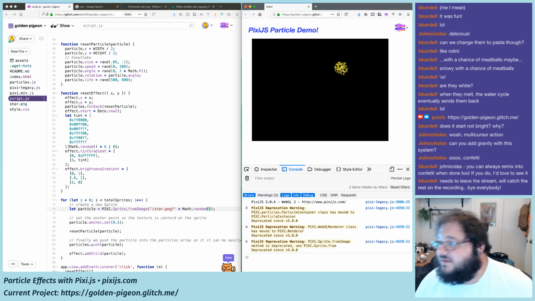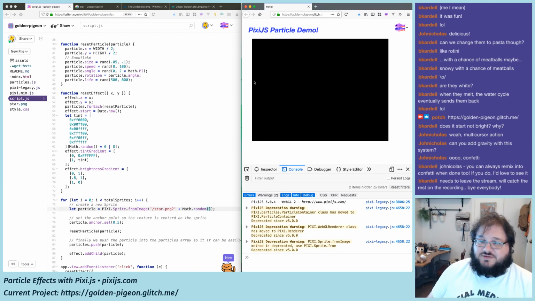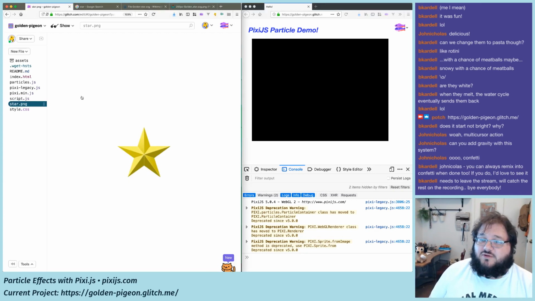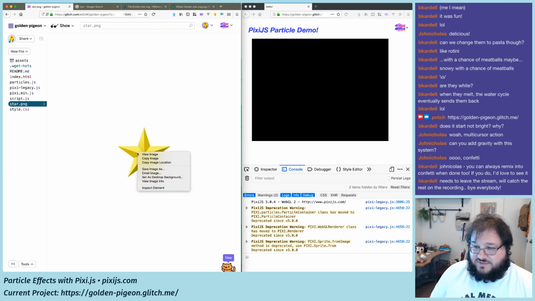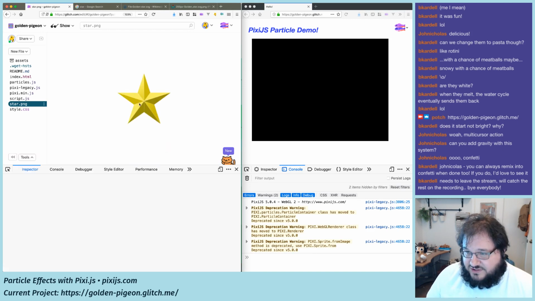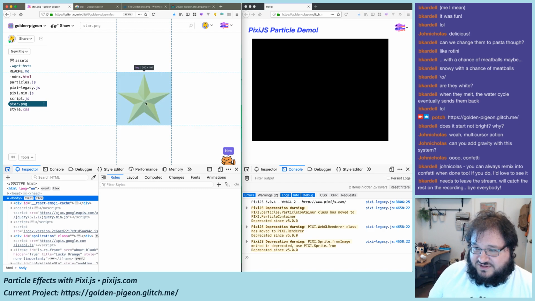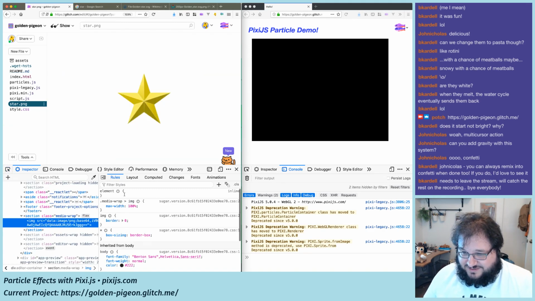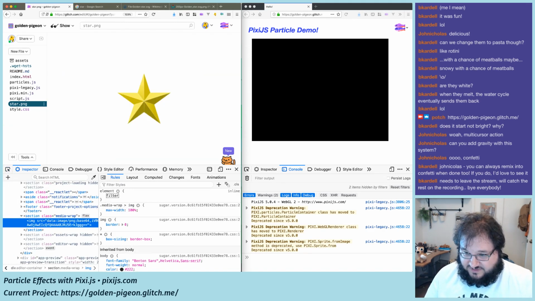There we go. Fireworks. One thing I might change about them is, like I said, right now they're always going to be some shade of yellow because the image is yellow. Yeah, let's just do this in page. I know how to do this, so I'm just going to do this. So image, filter,